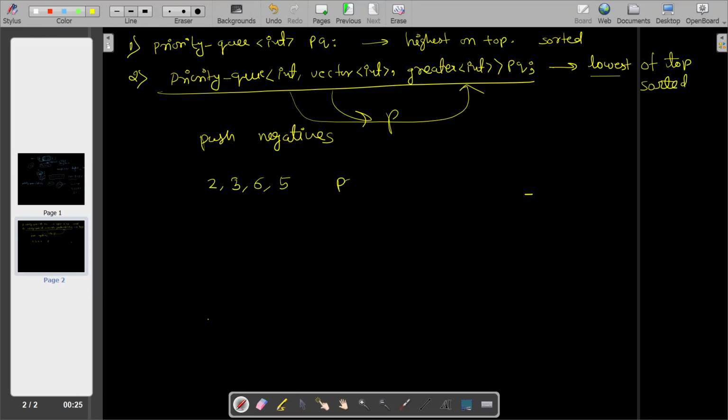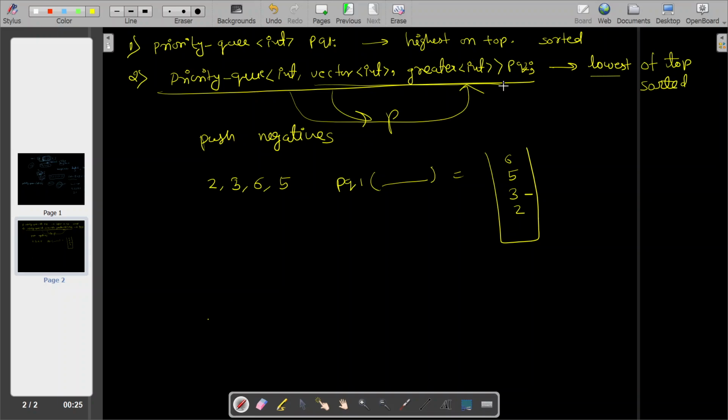If you push in a simple pq, let's say this is pq1 and this is pq2. If you push everything, it will become 6, 5, 3, 2. But suppose you don't remember that line, and it's not that hard, but suppose still you don't remember,